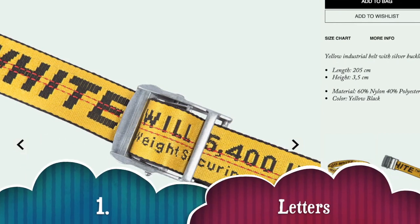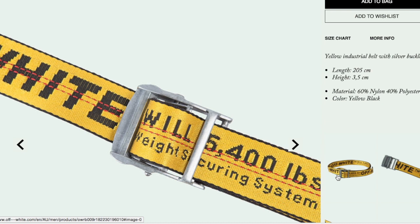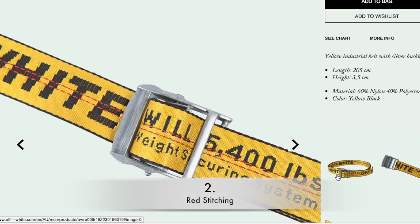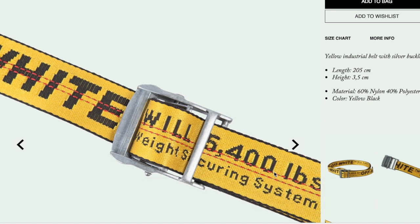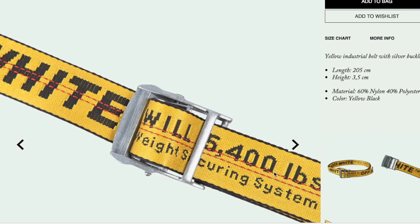So number 1 is going to be the letters. That is the letter shapes as well as the letter spacing. Number 2 will be the red stitching, as you can see here. And then finally, number 3, it's a bit harder, but you can still tell, and that is from the color